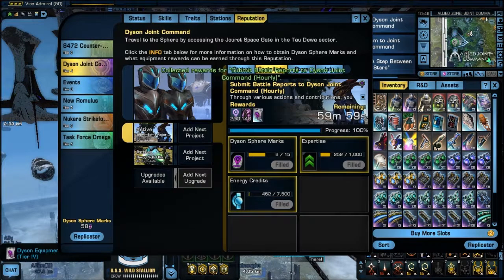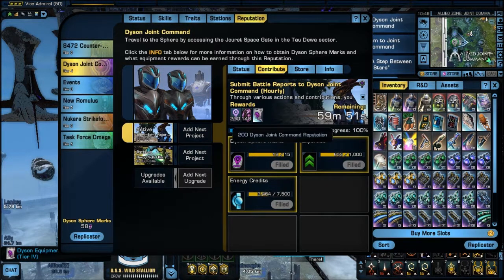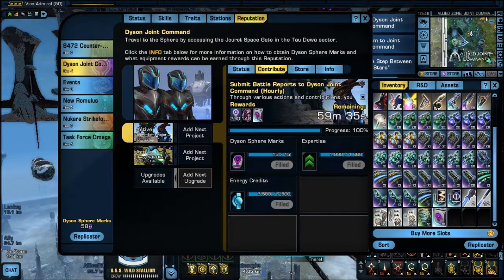The daily ones you can do every 20 hours. The hourly ones you can do hourly, but you only get credited for the reputation on the first three goes. So you've got to be kind of careful with that. But anyhow, I've been opening the little boxes